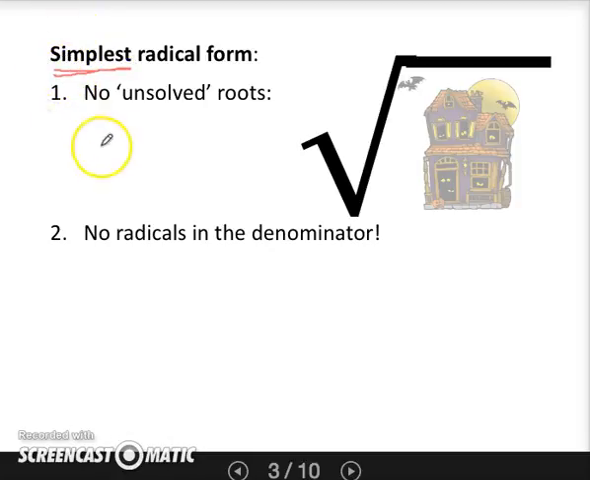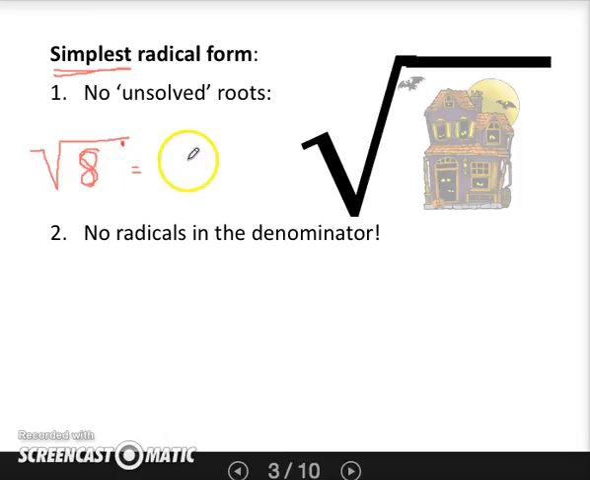The first rule is no unsolved roots. Well, what do we mean by that? What we mean is that if we have a number inside of a radical form, that we could make that into a smaller number and put instead a number outside of the radical. That's better and simpler. So the reason I put a number 8 under this square root sign is that we